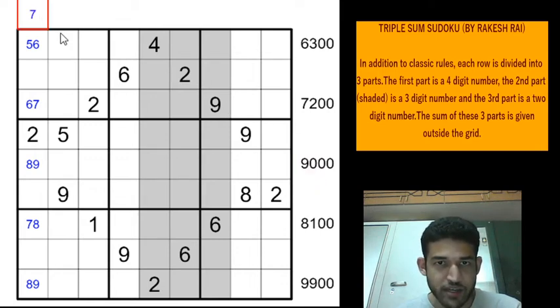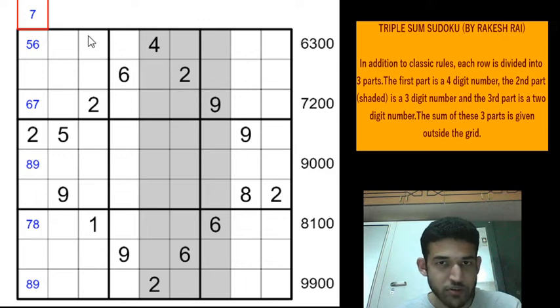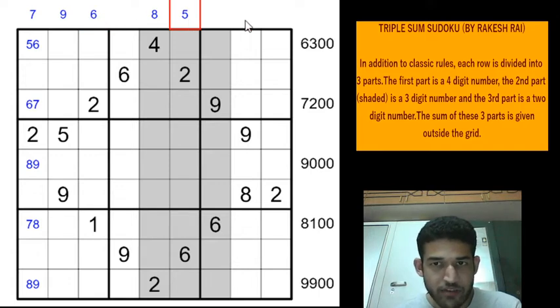So let's have a 7 here. Now we are going to maximize the total as much as possible so that we get to 9000. So for that we will write the 8 and the 9 in the hundreds place. So let's put a 9 here and the 8 in the hundreds place. And now the maximum digits we are going to put in the tens place, 4, 5 and 6. So we'll put the 6 here, we'll put the 5 here, and we'll put the 4 here. Now we are left with the units digits, 3, 2, 1. We'll put the 3 here, we'll put the 2 here, and we'll put the 1 here.